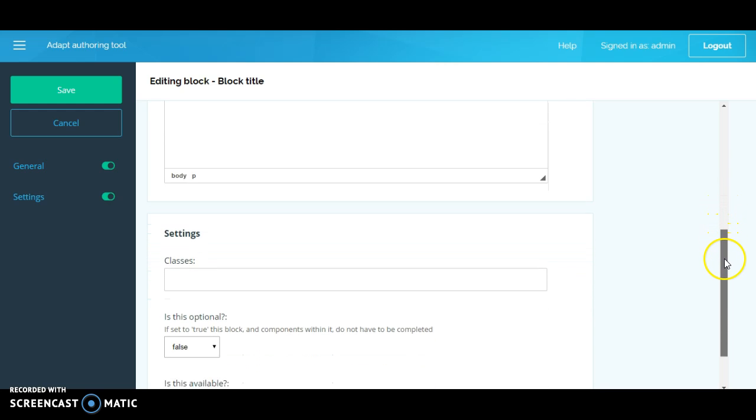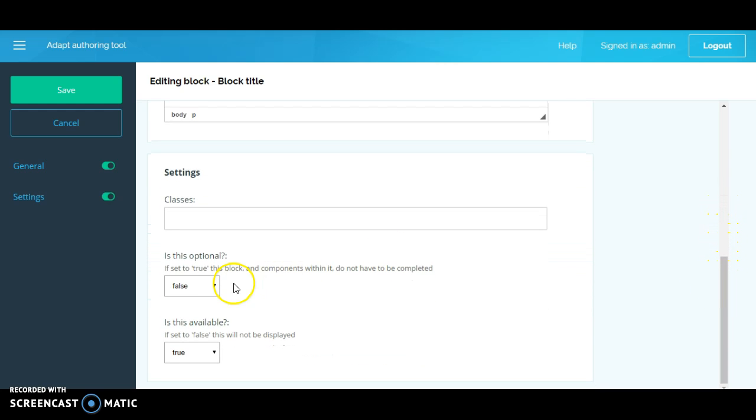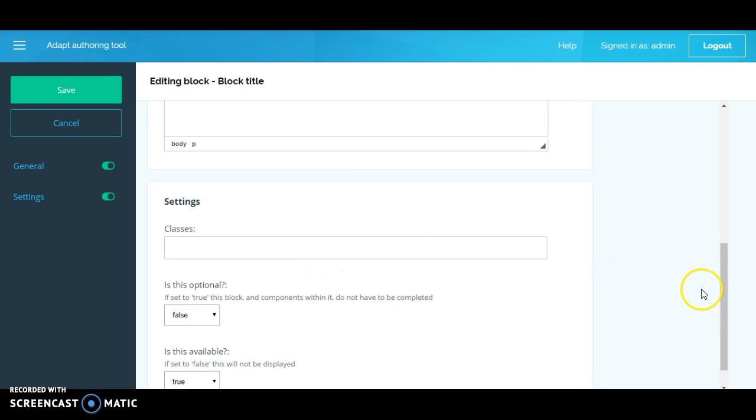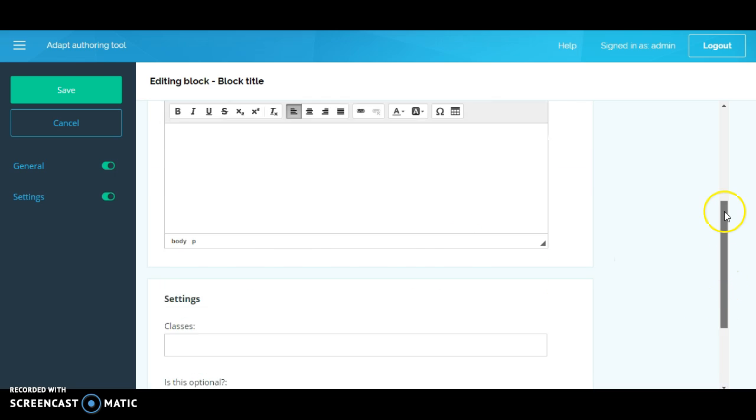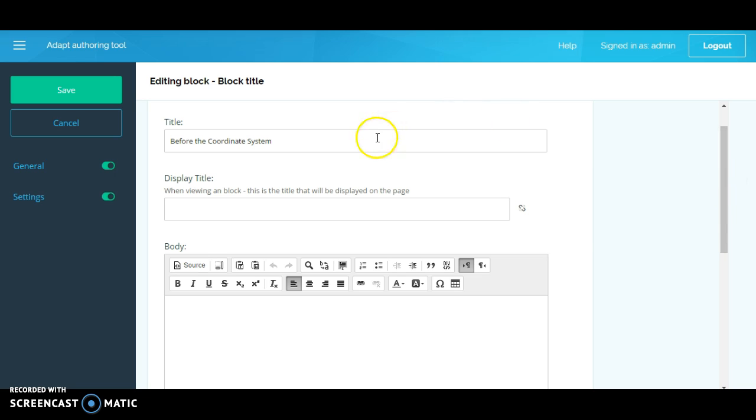I can come down here and I can ask if it's true, then that means that students do not need to complete it. If it's false, it means it needs to be completed. Also down here, true means that it will be displayed, false means that it will not be displayed. So you can choose those two things, as well as give it a class name if you would like to. So you can edit your block title, and you can edit what you would like to say underneath your block